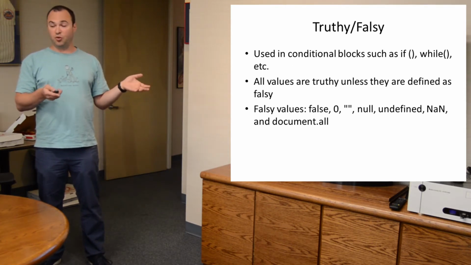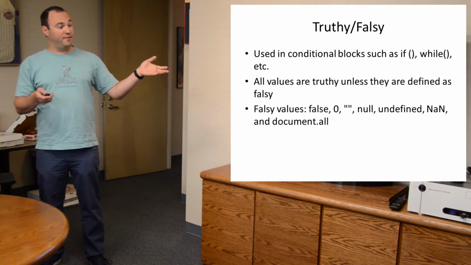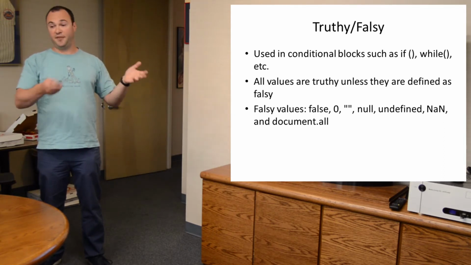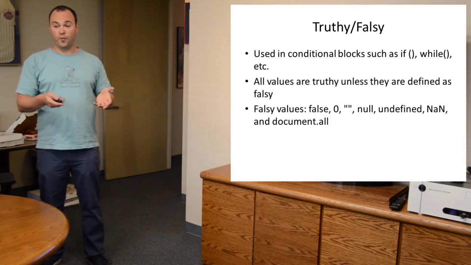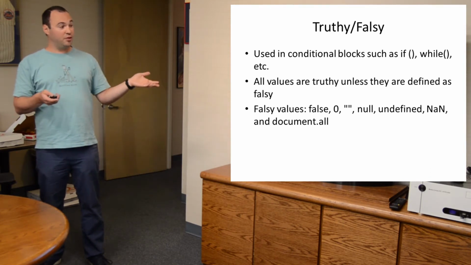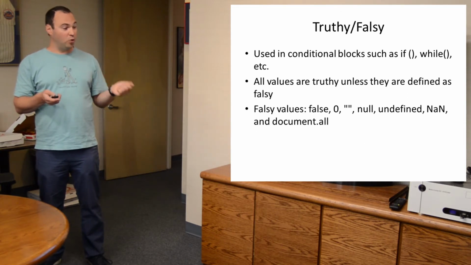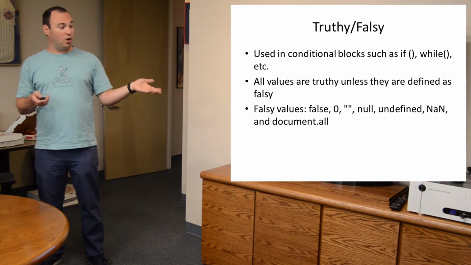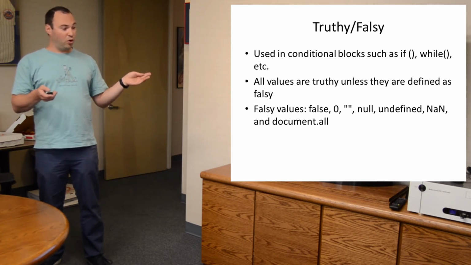For example, even though 5 triple equals true is false, if you use 5 in an if block, saying if 5, it still acts as true. It's still a truthy value. So basically, all values in JavaScript are truthy, except these few falsy values, which are 0, an empty string, null, undefined, not a number, and